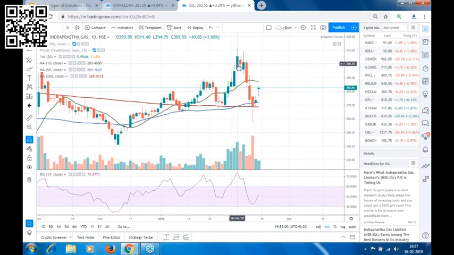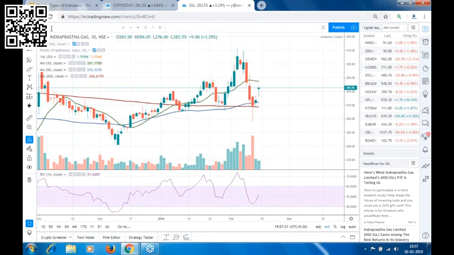It made a high of 311.40. Our third target was not hit. Most of the time it would hit stop loss and come down. Sometimes I feel it came only to touch my stop loss. See, that is not the case, Anil. See, the market has no enmity with you. No one is watching your stop loss, thinking that Anil has put a stop loss and now I want to hit the stop loss. That is not the case. This happens because of volatility. It happens most of the time.